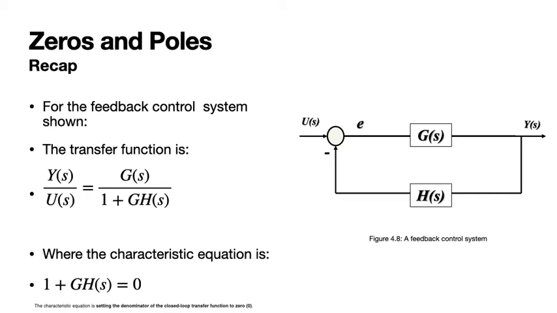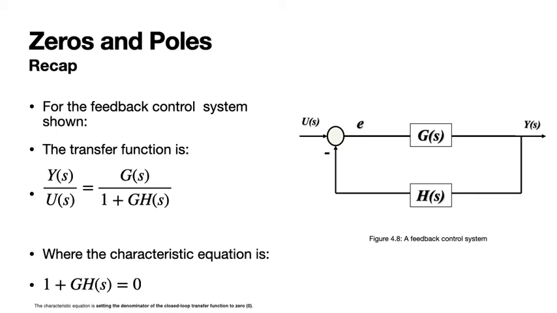So for this type of feedback control system, the transfer function can be determined as output over input equal G(s) over 1 plus GH(s). From this transfer function, the characteristic equation is defined as 1 plus GH(s) equal to 0,